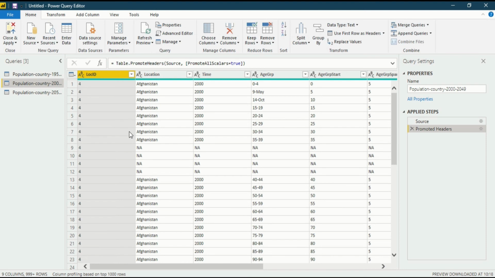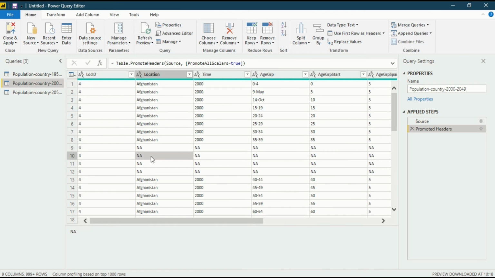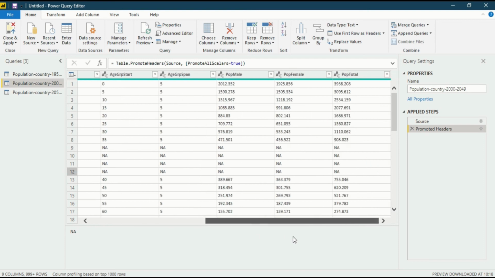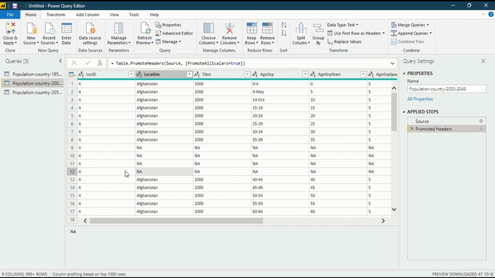Now I'll come to the third point that I raised earlier in the points to be discussed in this video. The question arises: how to remove these NA options? These NA values in a row are not useful to you because the data is not available. They are just occupying space in your rows. Now how to remove them? That is also very easy.